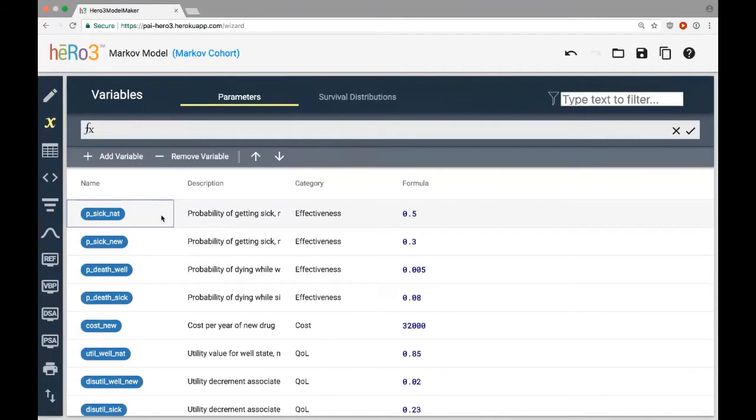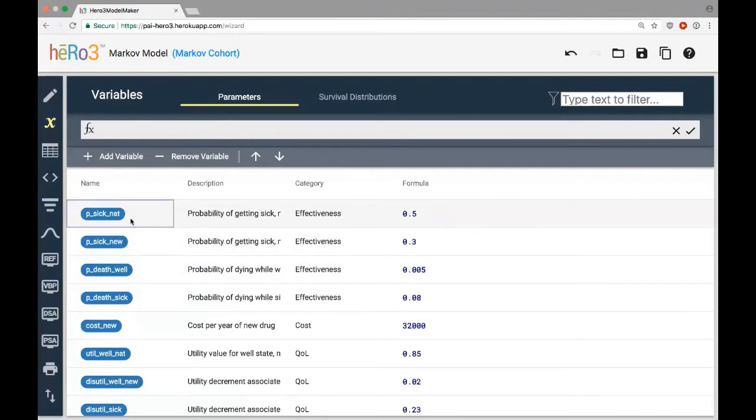And the way it works is that each row in this table is a variable that's being defined. So it's got a variable name, kind of like the range name in Excel if you made an input variable named range. There's a simple description for it, a category, and then over here there's a formula, which is just a short R expression, which will determine its value. And you can see all of these variables here are just input variables. They're just being defined as numeric constants, so those are inputs.